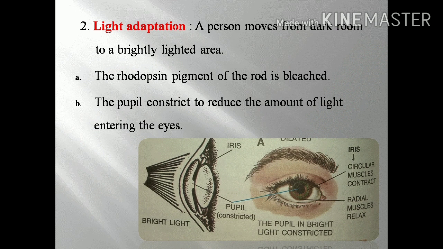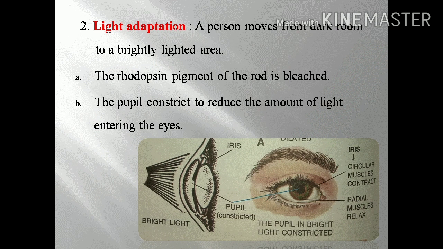So when we wake up from sleep and open our eyes, we cannot see the objects clearly. That is a dazzling effect, because our eyes were in the dark. When we suddenly open our eyes to a light region, we cannot see the objects clearly. We see blurred objects, which is called the dazzling effect. So what is the reason for this?